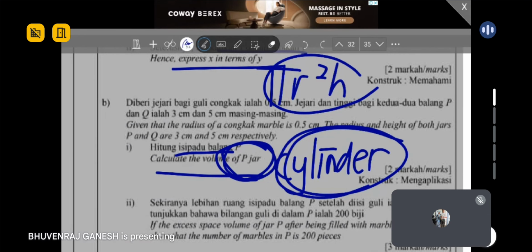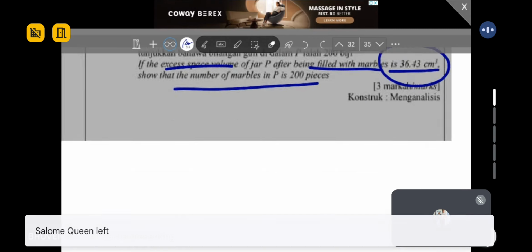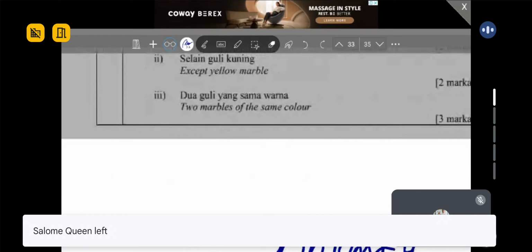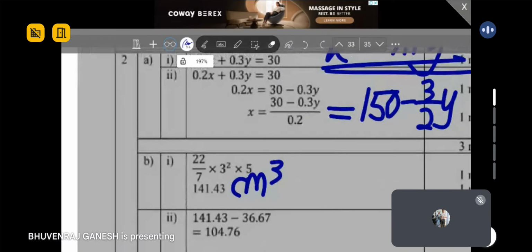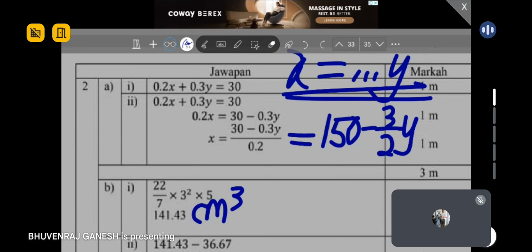Okay? Alright. So, how do we approach this? Macam mana nak buat soalan ni? Okay. So, first step, kamu kena cari apa nak kata isi padu yang diambil oleh kesemua guli itu. Okay, you want to find the volume that is occupied by all of these marbles. So how to find? Okay, so you just take the total volume of the jar, ambil seluruh isi padu bekas tu, tolak dengan nilai dalam soalan. Okay, you just minus the value given in the question. Okay, so your answer will get